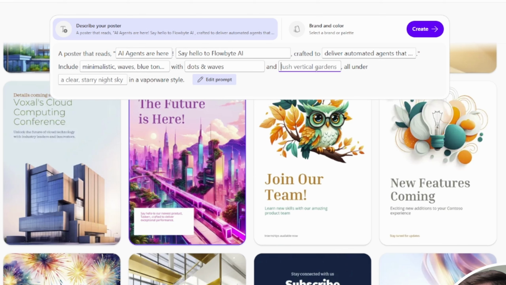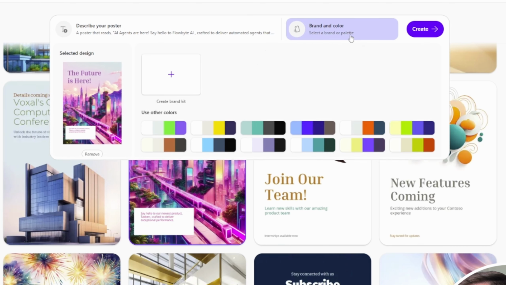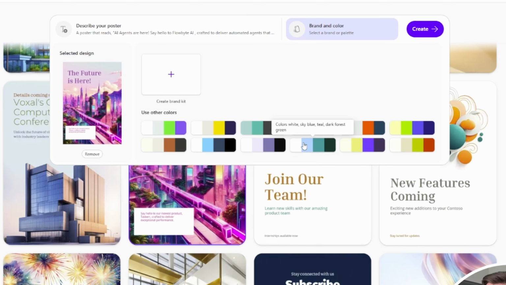Let's do with dots and waves, put right in here. And let me say all under a clear, minimalistic design in a Vaporware style, whatever this is. We can actually add this prompt, but here, what is another thing pretty cool is we can pre-select different colors